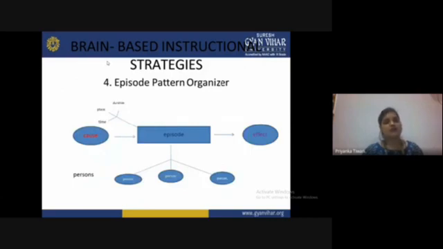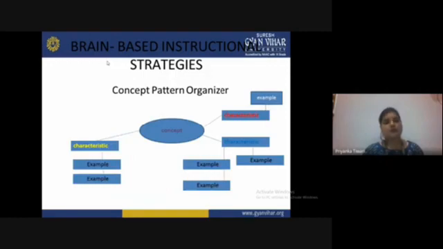The episode pattern organizer: we have to focus on place, time, duration, causes and their effects, and persons. The concept pattern organizer covers